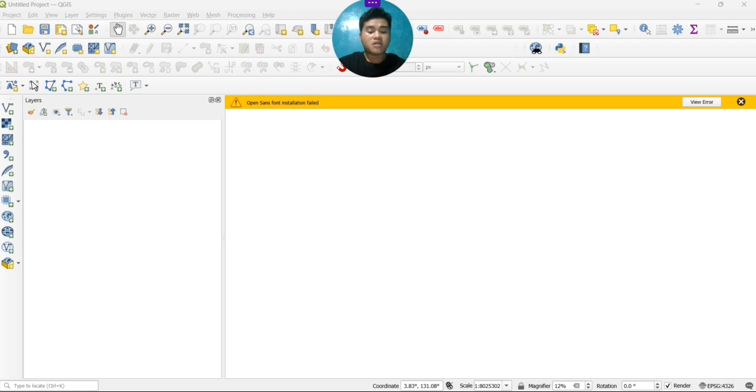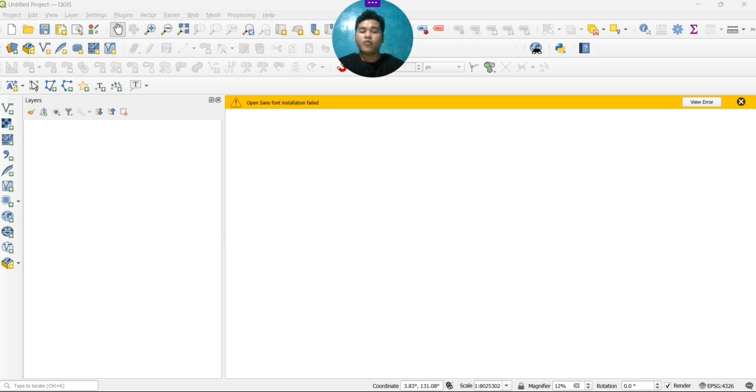Those are the things that QGIS is capable of. It is also a user-friendly interface, a powerful tool, and open source in nature, making QGIS a versatile and essential tool for handling geographic spatial data.